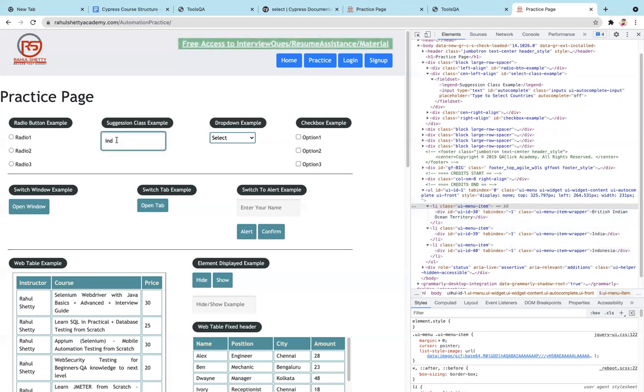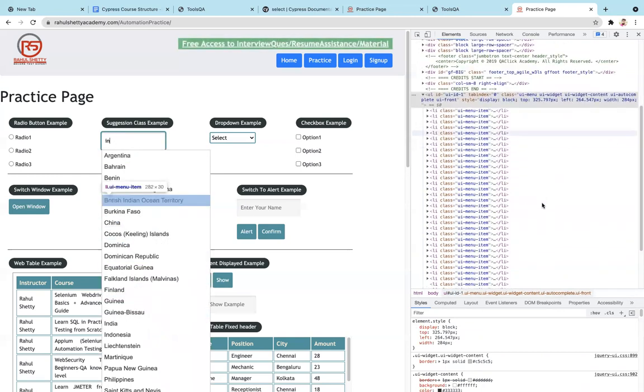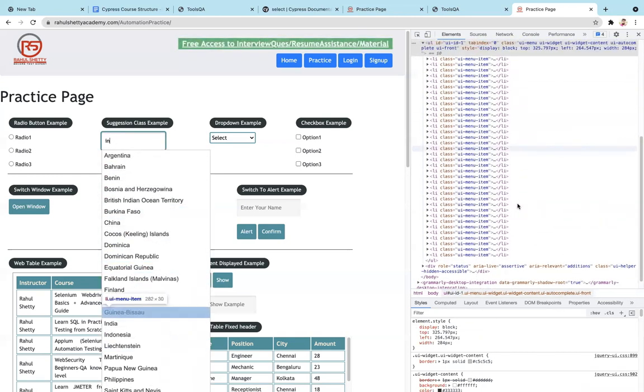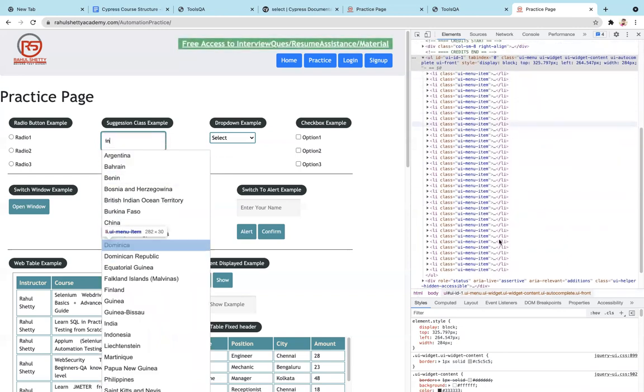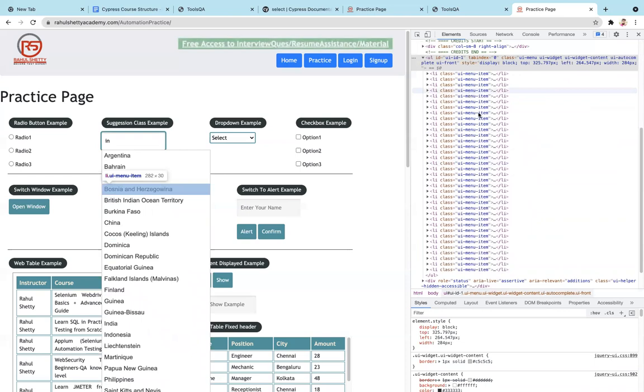So if I search only IN, at that time you can see this number is changing, right? So here we can find more elements, correct? So this is called a dynamic value. The value from the drop down is changing as per this particular keyword, right?